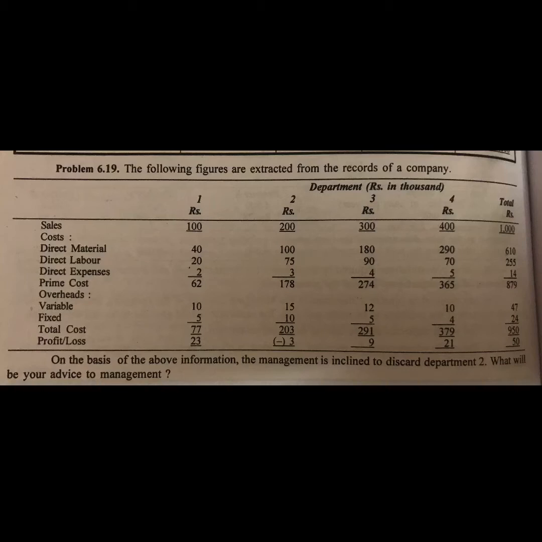First we will do the same thing with the format, girls, because they have given us prime cost, all those stuff, but we are not going to do in that format. Our format is sales minus variable cost will give you contribution, minus fixed cost will give you the profit or a loss. And we know that we take decision based on the marginal cost, that is sales minus marginal cost will give you contribution. So we will see the solution now, girls.